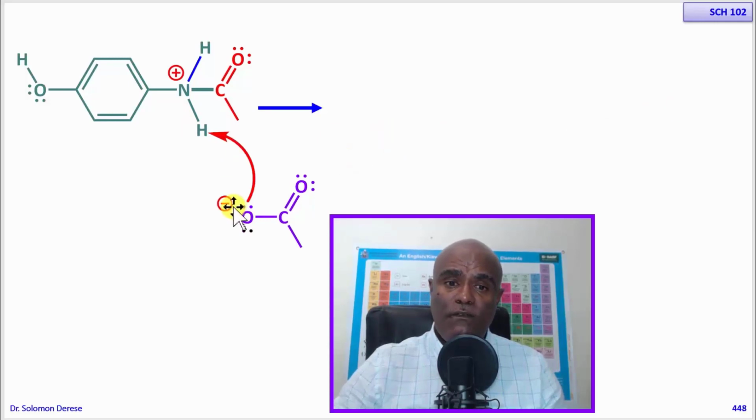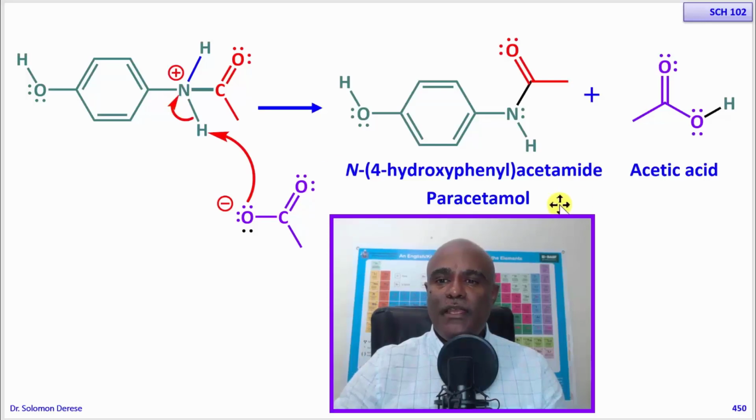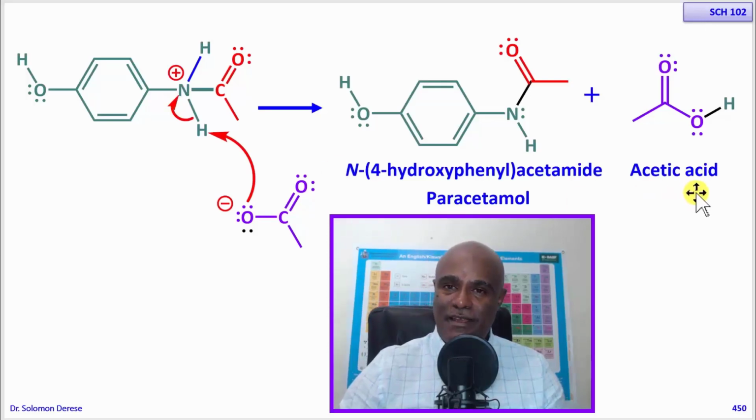This oxygen forms a bond with this hydrogen, so you'll have an OH bond. When you form a bond between this oxygen and this hydrogen, this bond breaks, and then the electrons of that bond will neutralize the positive charge. So you will draw another arrow starting from the bond pointing towards the positively charged nitrogen, like that. When it does that, you get paracetamol and acetic acid. This is basically the mechanism of formation of paracetamol and acetic acid from